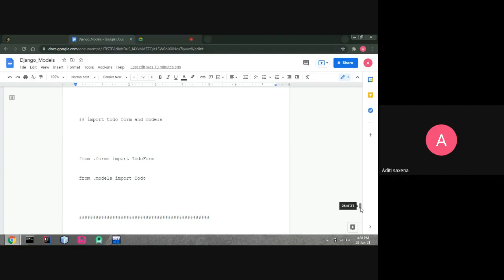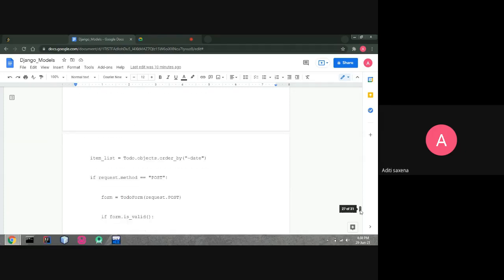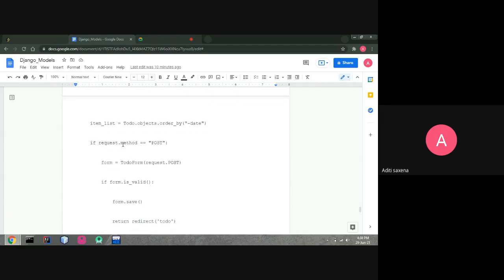Basically, we have to import these two things. This is the function: if request method is post, then form equals ToDoForm(request.POST), if form is valid, then form.save, otherwise return redirect to do.